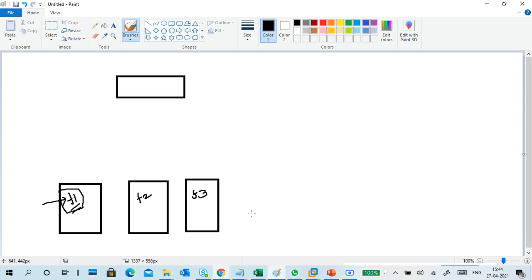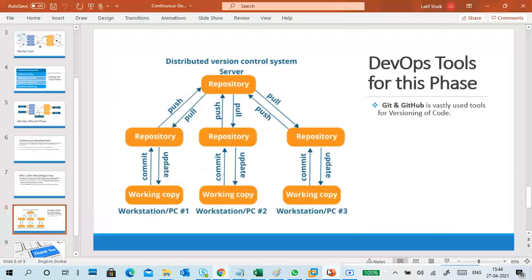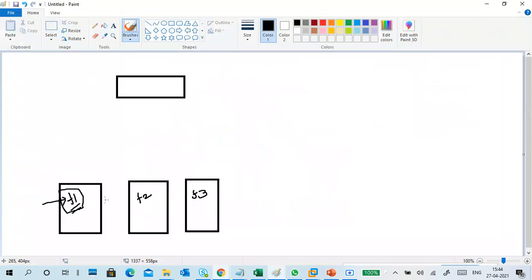This is called the working copy. You can see the workstation. The file in your system is called a working copy. So this is the working copy and this is the working copy. Next, actually I drew so many things.